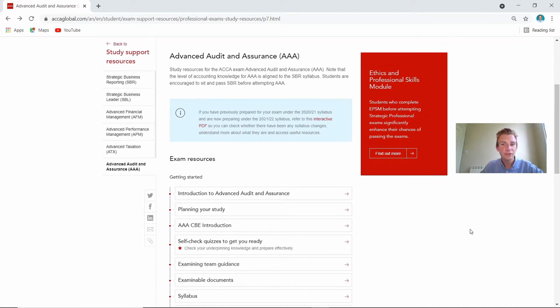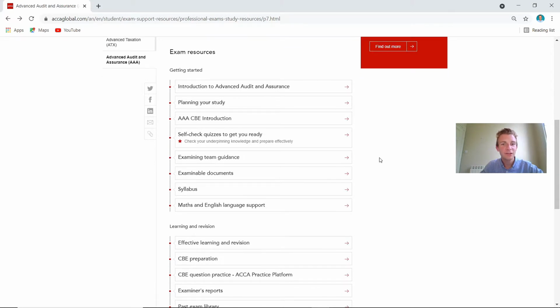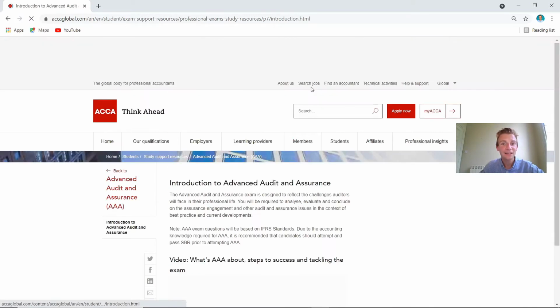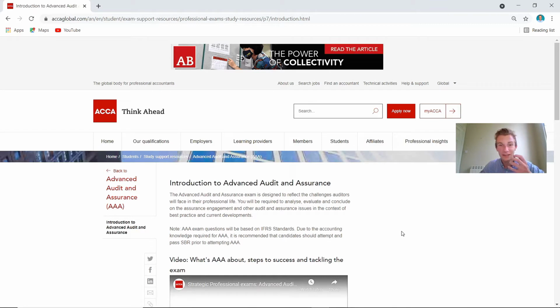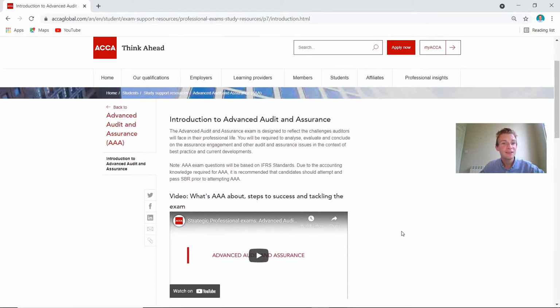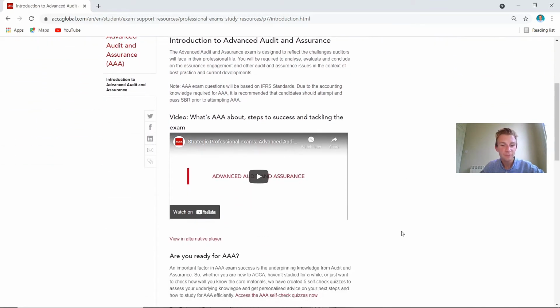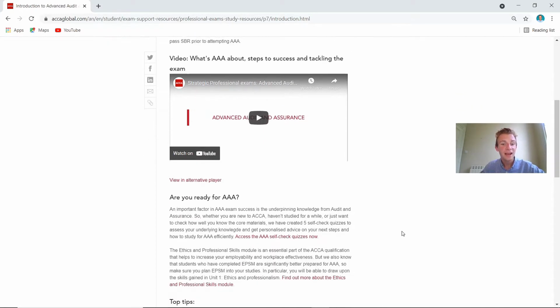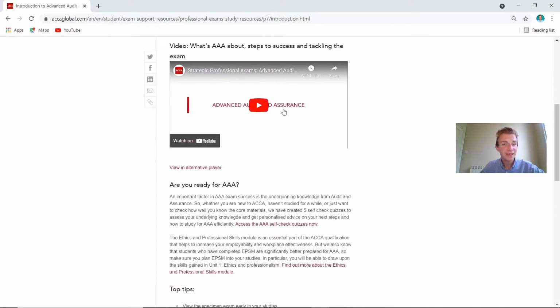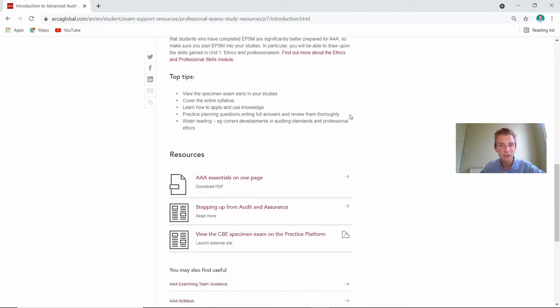So as you can see, if we scroll down here to some of the actual exam resources, again, I'm just going to take you through one by one what I would be paying attention to and what I'd be putting in my revision notes and within my actual revision plan to analyse and make some time for, because I know with work and other commitments, fitting in everything can be very tough. So the first thing on here is a nice little introduction from ACCA themselves about the steps to success and tackling the exam. So definitely would be on my list to have a look at. You can have a look at it in your own time.